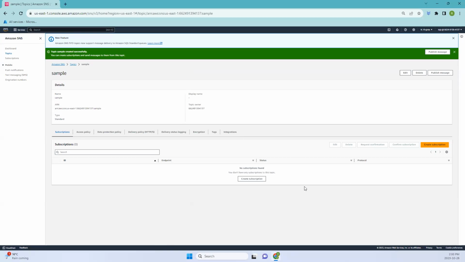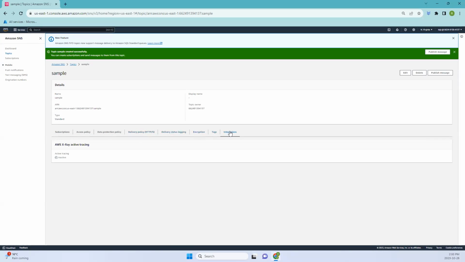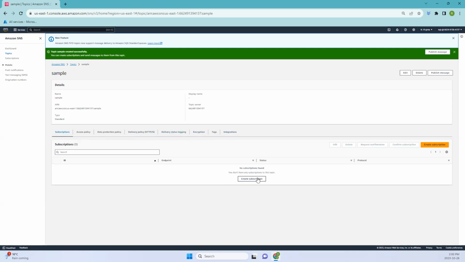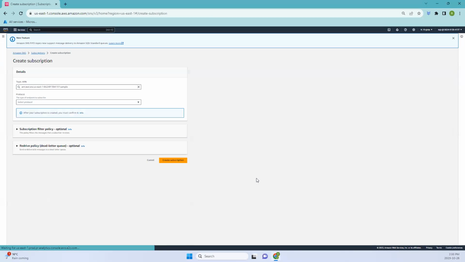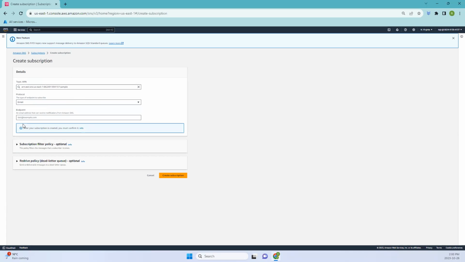Once the topic is created, the next thing is you have to create your subscription. You can see other default configurations for this SNS. So let's go ahead and create the subscription and select the protocol. There are multiple protocols, but we'll be using email. So select email, and here you have to give your email ID. So I'll just add my email ID,